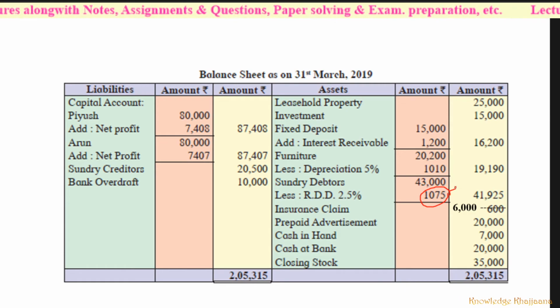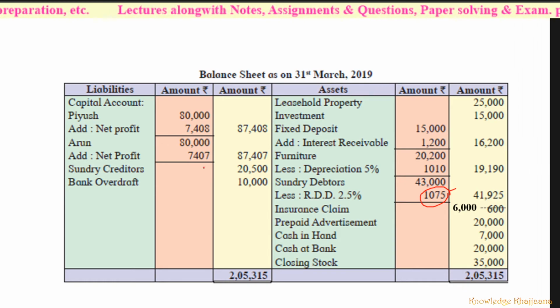This was added. See, insurance claim, by mistake they have printed 600. Strike out the value in the book 600 and write 6,000, because a claim of rupees 6,000 was accepted by the insurance company. Prepaid advertisement 20,000 of 2 years. Cash in hand, cash at bank and closing stock. The total is rupees